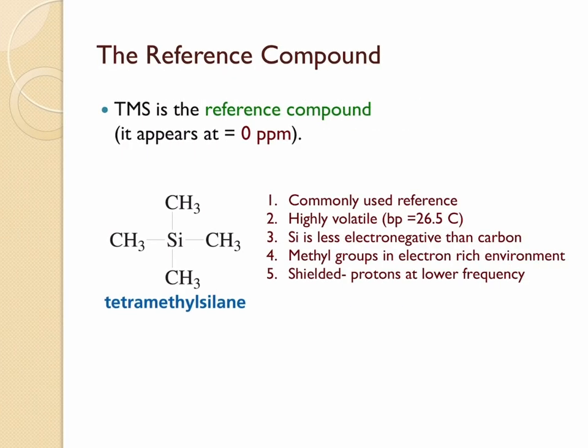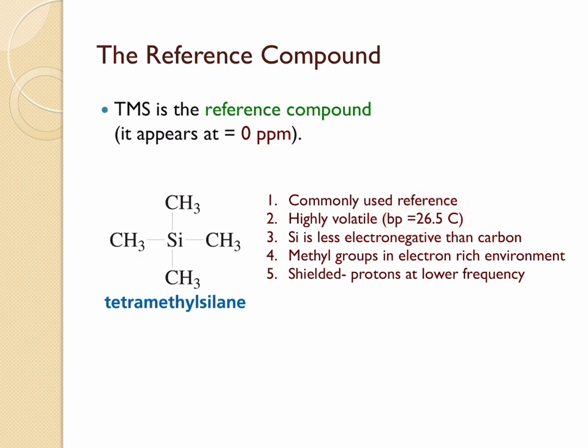When we want to take the NMR spectrum of a sample, a small amount of an inert reference compound is generally added to the sample tube containing the sample. The most commonly used reference compound is tetramethylsilane, also called TMS. Because it is highly volatile, with a boiling point of 26.5 degrees Celsius, it can be easily evaporated after the